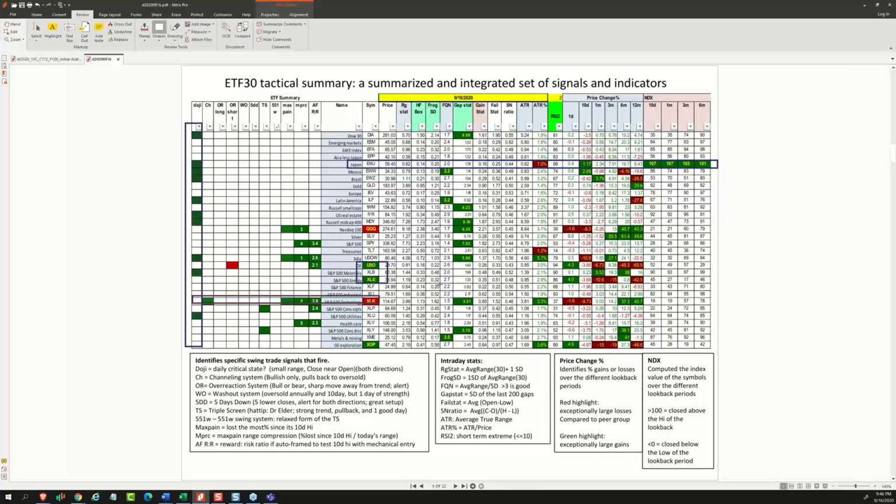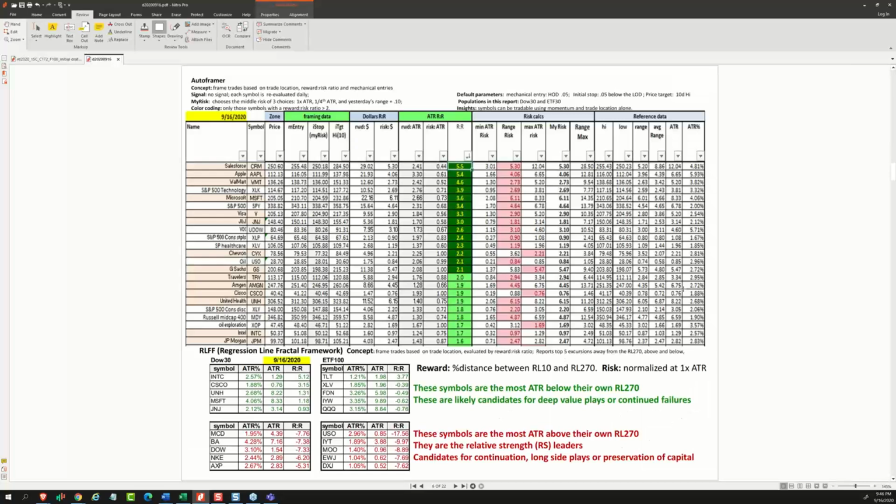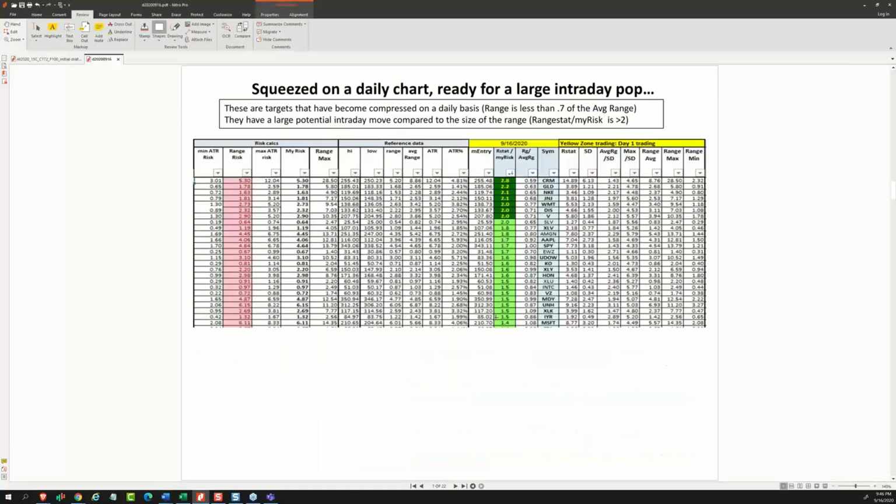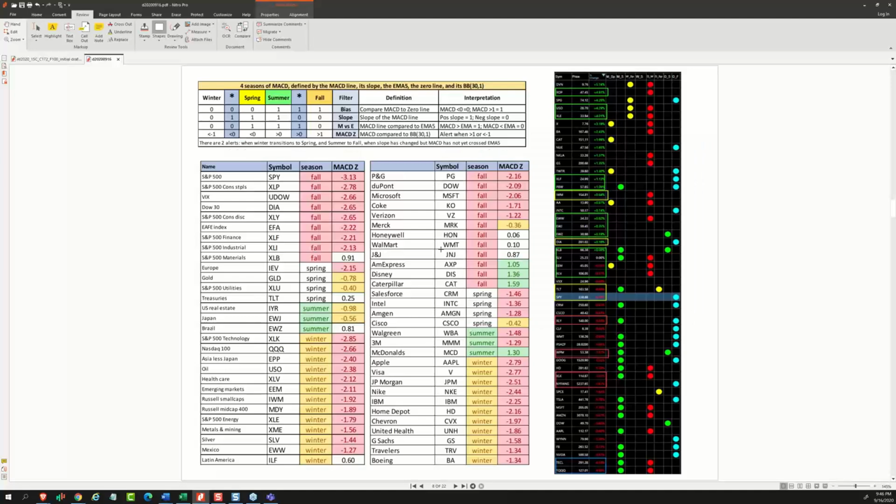And oil and energy were both big today. Possibility of a second move, and so was XOP. A big one-day bounce after a long period of getting smashed. Lots in the auto framer to choose from, plenty. Lots of good daily squeezes with some names that we recognize. Salesforce, Gold, Walmart, Disney. There's Apple and the S&P in Brazil. It's a critical state tomorrow.